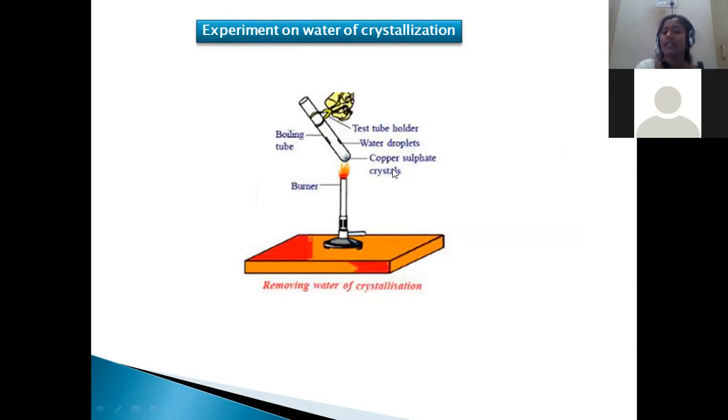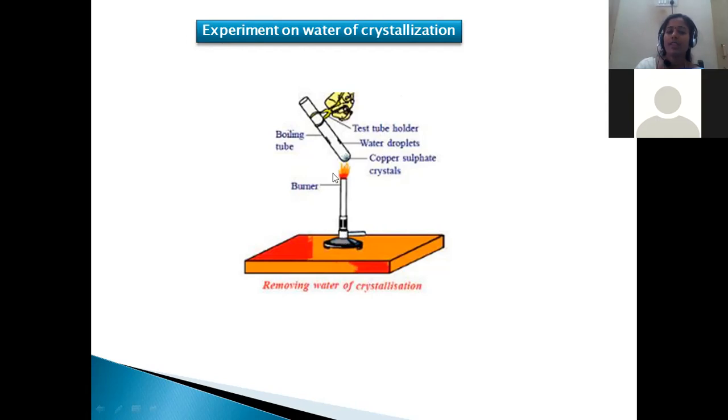Some compounds, during their crystallization, absorb water, and so water will be there in their crystals. These crystals can be in an aqueous or wet state, right? Let us check whether molecules or crystals are associated with such water molecules or not. In order to find out the water of crystallization, we are doing one experiment.